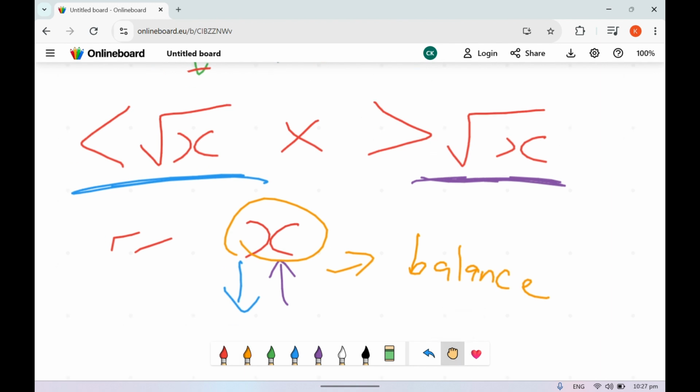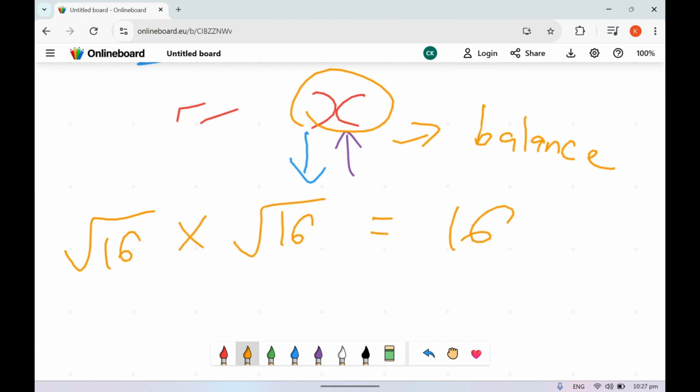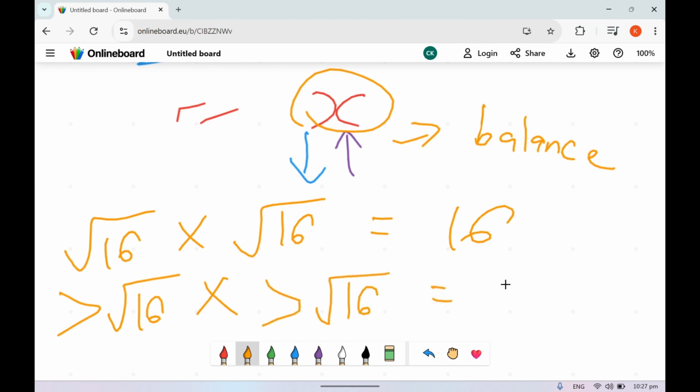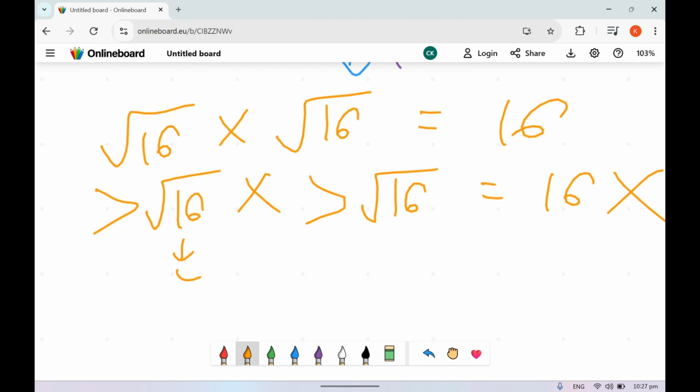I'm going to give a super simple example. Say x was 16. Make sense? But if I have this, I don't care what number it is, this can't make sense, right? It has to be bigger than the square root of 16, and we know that's 4. Let's just say 5. That also doesn't make sense.